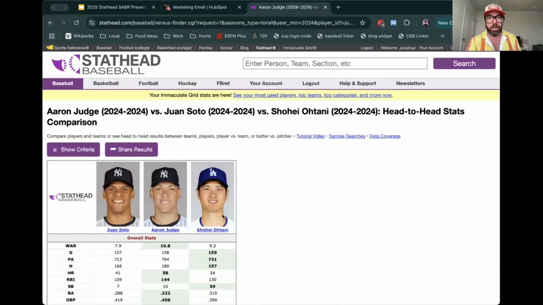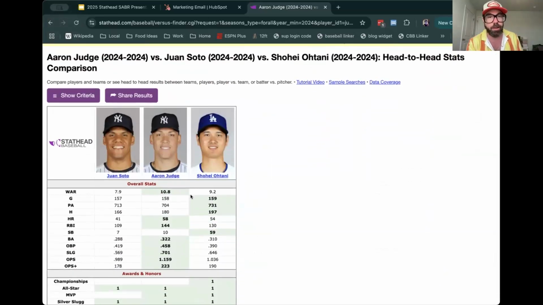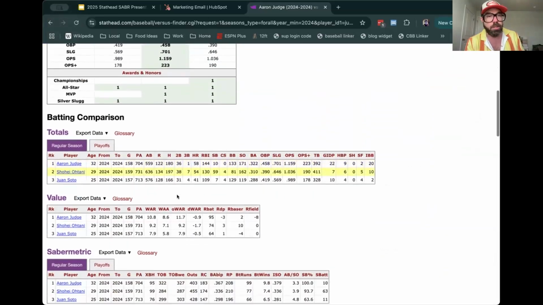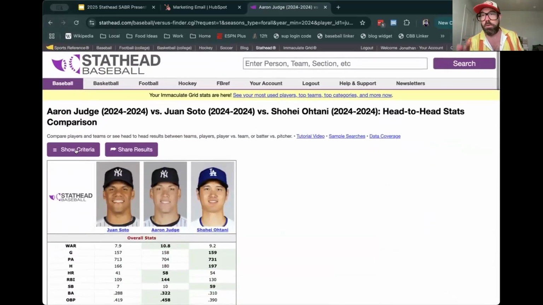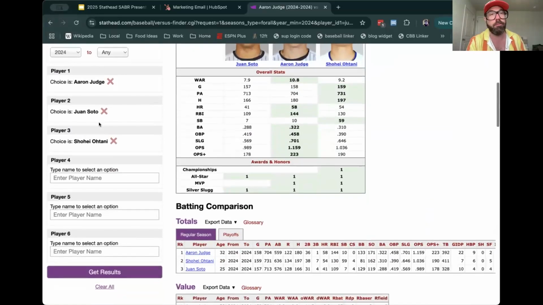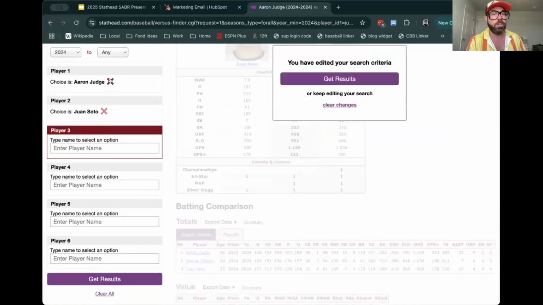And now it's going to think for a second, and it gives us this fun graphic. It also gives us all of the tables side by side. You might have seen this because you can search two players for free, and we link to it directly from Baseball Reference. So a lot of the time, people will find their way here. But another fun thing you can do in this is